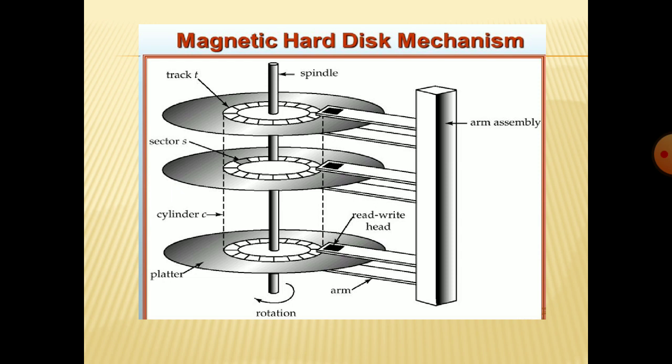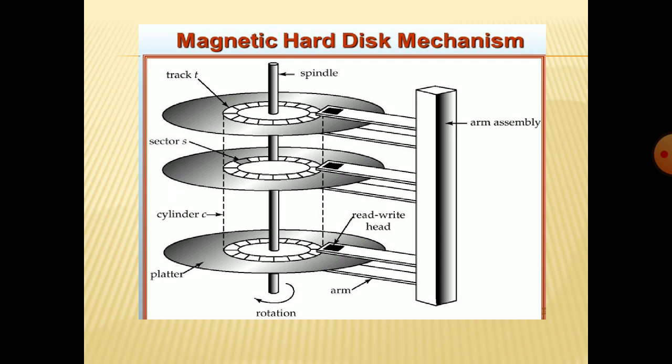That area will become dark in color, so that we get to know that in that area the current fluctuated, and in that area a write operation occurred, meaning we have stored the content in that area. Fine. Like this we do the write operation, and when we do a read operation the disk starts rotating, but this read write head will not come in contact, meaning it does not touch the surface. Normally it rotates and there is no electricity fluctuation while doing the read operation, and whatever data you want to read will be displayed on your monitor screen. Only at the time of a write operation will the electricity flow be there.